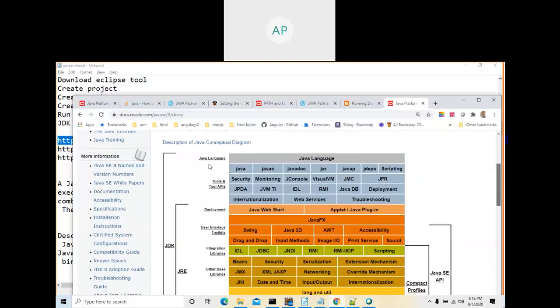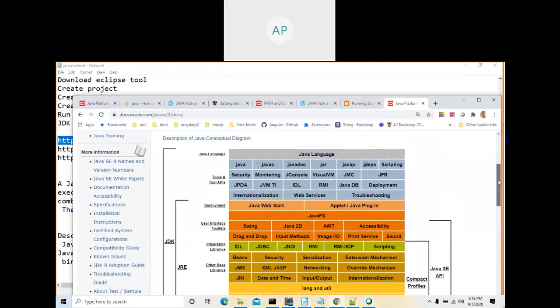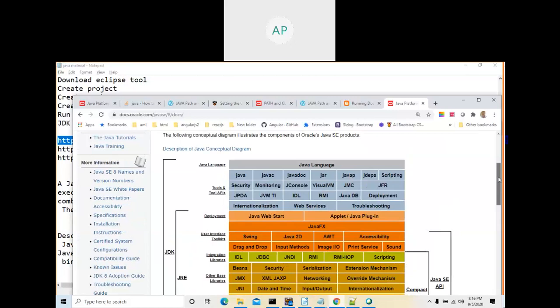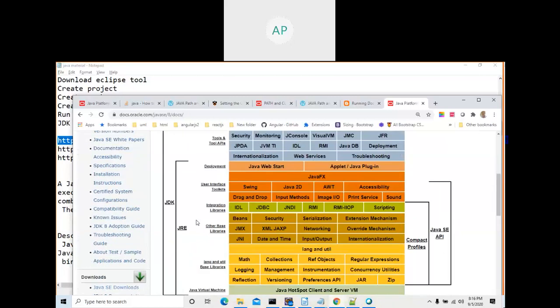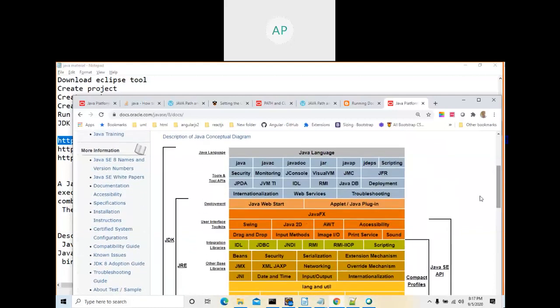It has the Java language, tools and tools API, deployment, user interface toolkits, integration libraries, other base libraries, language and util base libraries, and the Java virtual machine. The entire stack is called JDK. So what is JRE? From here up to the last is JRE, whereas this is also part of JDK.